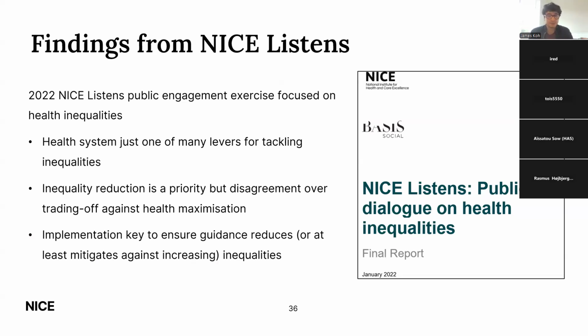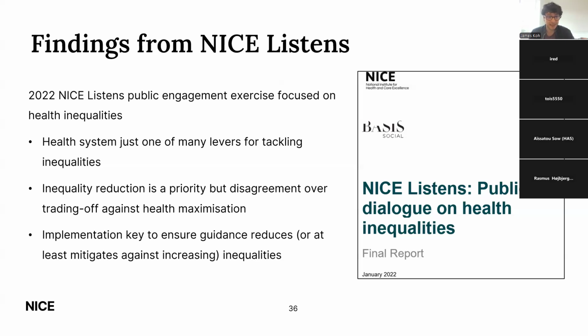That has been replaced over time with this program called NICE Listens, where we go from topic to topic and convene, nowadays, different panels for each topic. One of them was around health inequalities, and I think it echoes some of the points that I was making earlier around the literature that's looked at social preferences around health inequalities. But there are a couple of interesting additional ones, which I think probably ring true for many people who